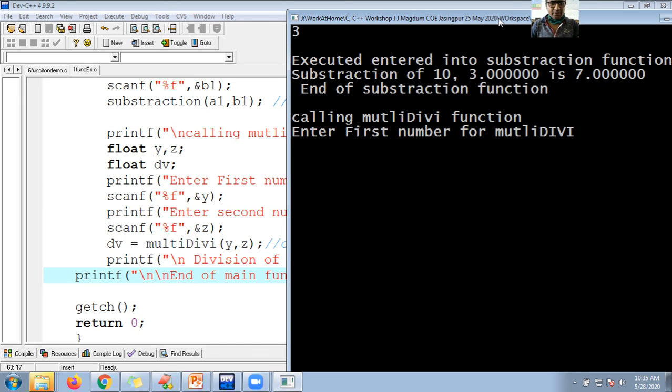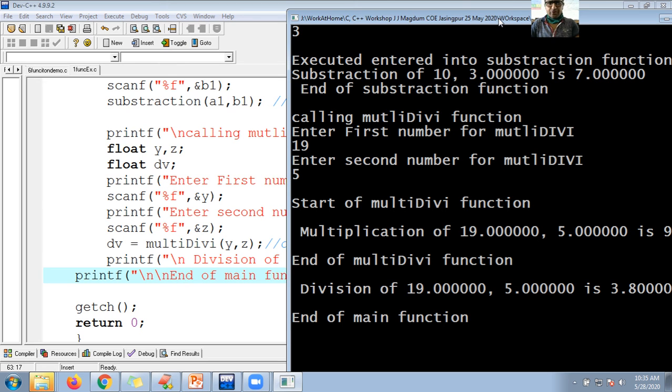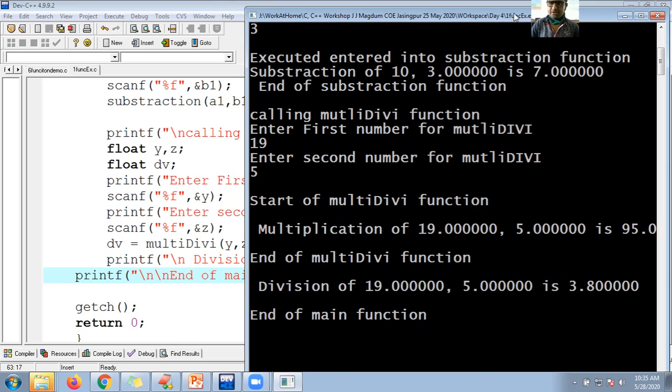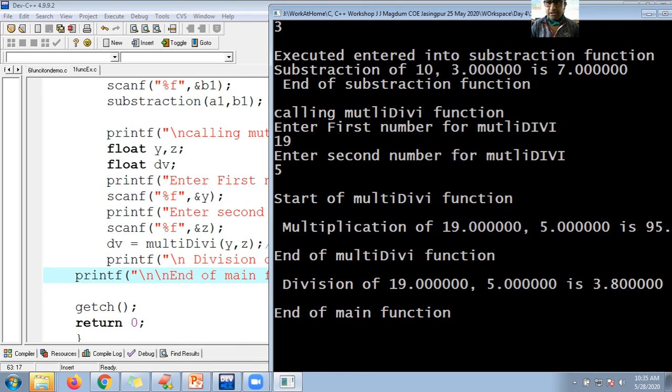So enter first number for multiplication. I am entering here 10 or 13, or you can go for 19, your wish, any number. I want to go for 5. So 19 into 5, how much? 95. Okay, and 19 by 5 is 3.80. Division is 3.80. So this is end of main function.